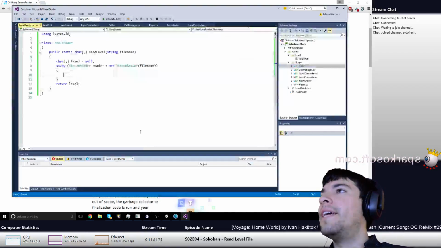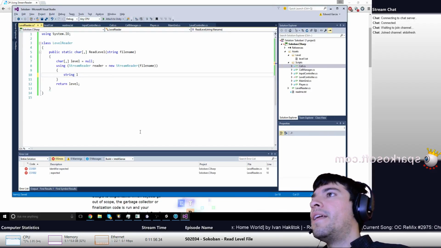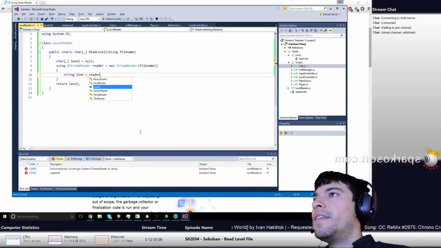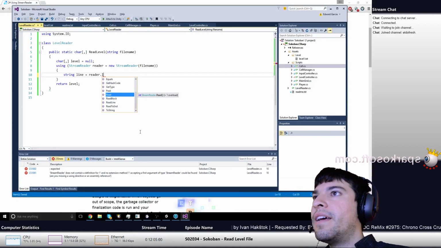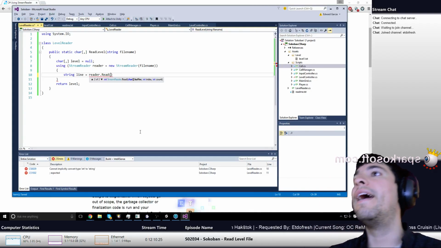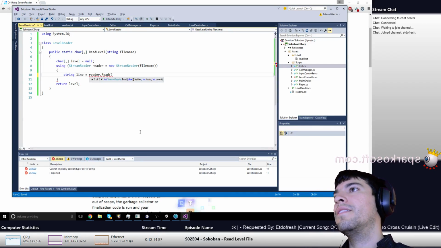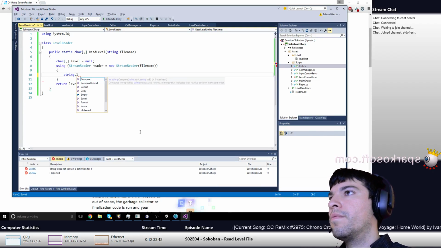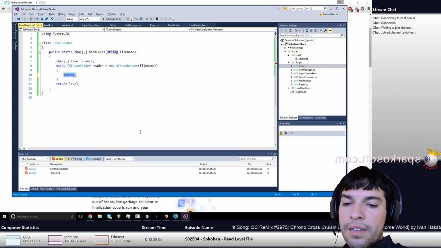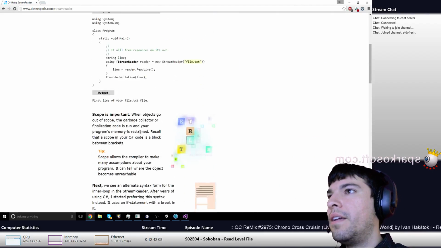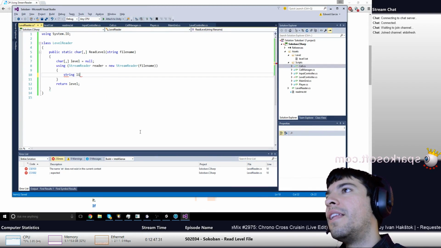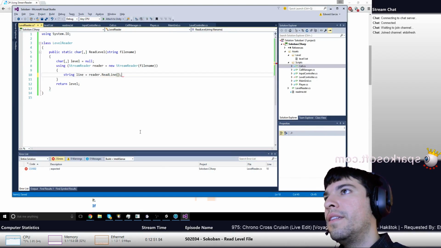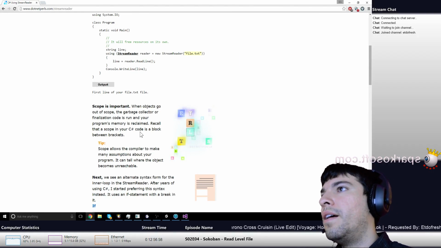So I wonder if we can... anyway, yeah, let's see. We're going to go ahead and make a line. It's going to equal, is it really just going to equal reader.ReadLine, ReadBlock, Read, yeah, what do we got for Read? Read character buffer. Oh, I like that. I think I'm just going to go the easy way. I don't need to make this super crazy hard or anything. It's okay, string line equals reader.ReadLine, done. How do I do it while